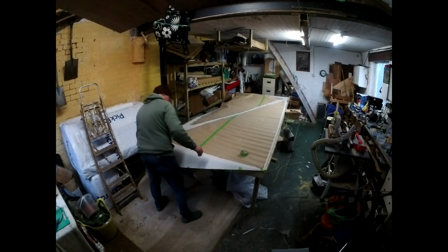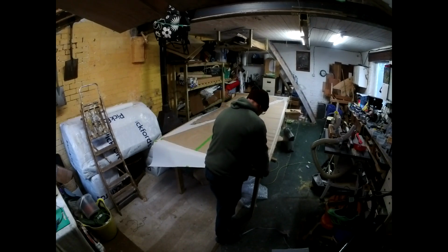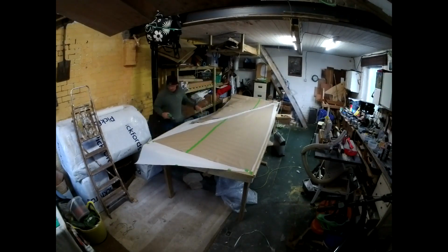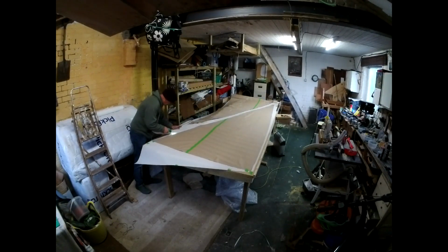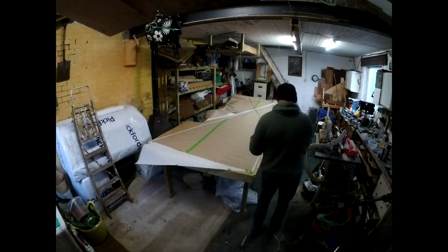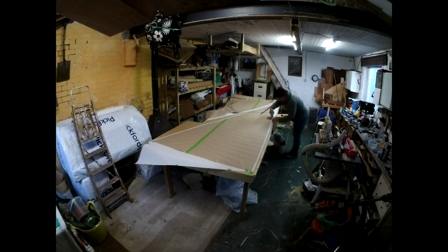I've speeded this bit up massively now just to get through it. The nice thing here is that these panels are both the same length as the other ones, but I can fit 2 on one section of sailcloth, which saves a bit of money on sailcloth. So I've marked it out and then quickly whip round cutting it out,